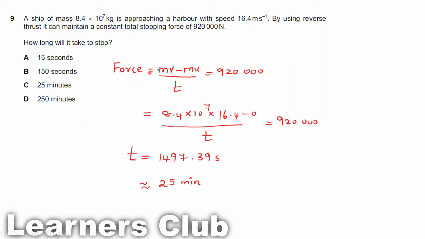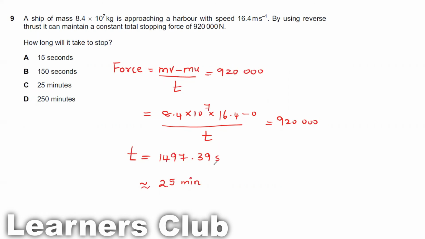Here, you know, force is the change in momentum over time. Now, this force to stop should be equal to 920,000. So here, mass is 8.4 into 10 to the power 7. The velocity it's traveling is 16.4. Final velocity is going to be 0, so it has to move to 0. So change in momentum is just this value divided by time is equal to 920,000. Now, once we make time as the subject, we get